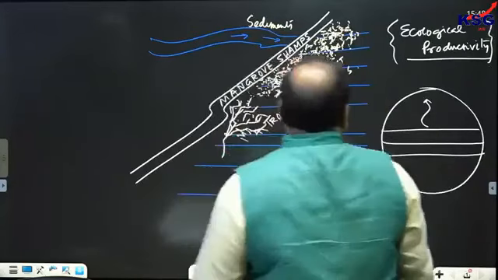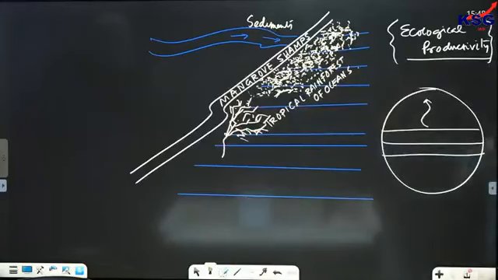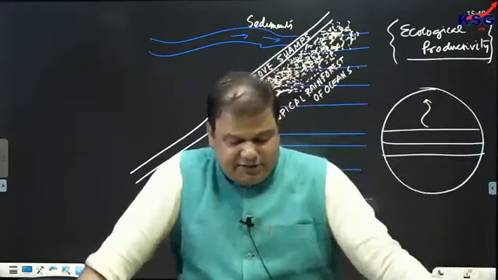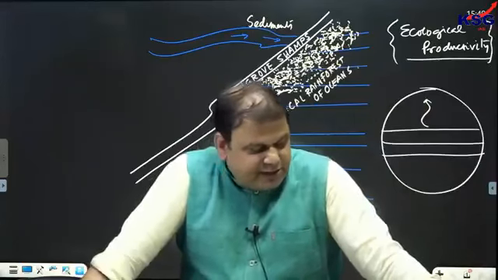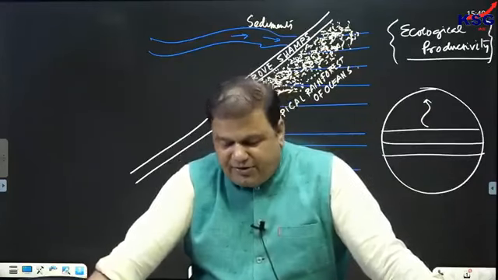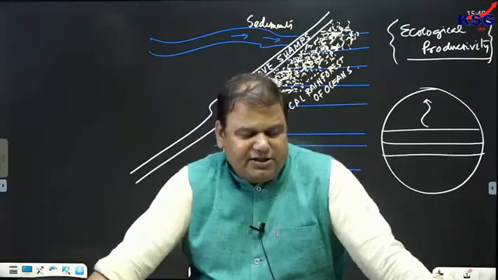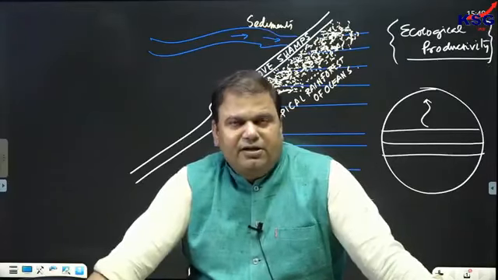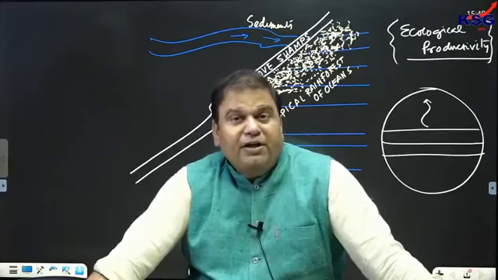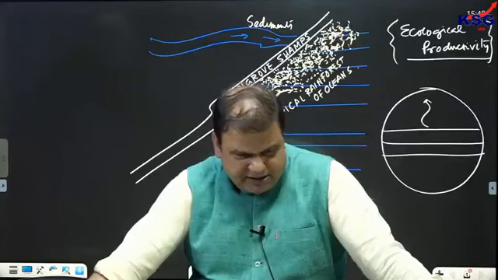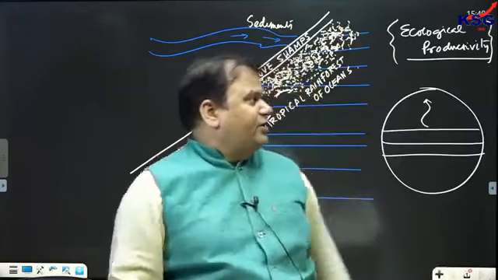Write down ecological productivity. Third principle we are dealing with. Ecological productivity. As much as we can write till 4 o'clock. Ecological productivity is the rate at which natural organic matter is generated per unit area, per unit time.